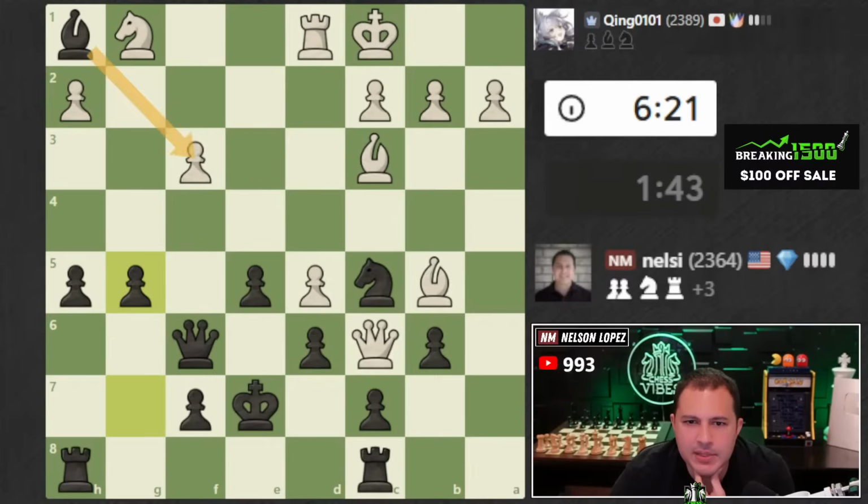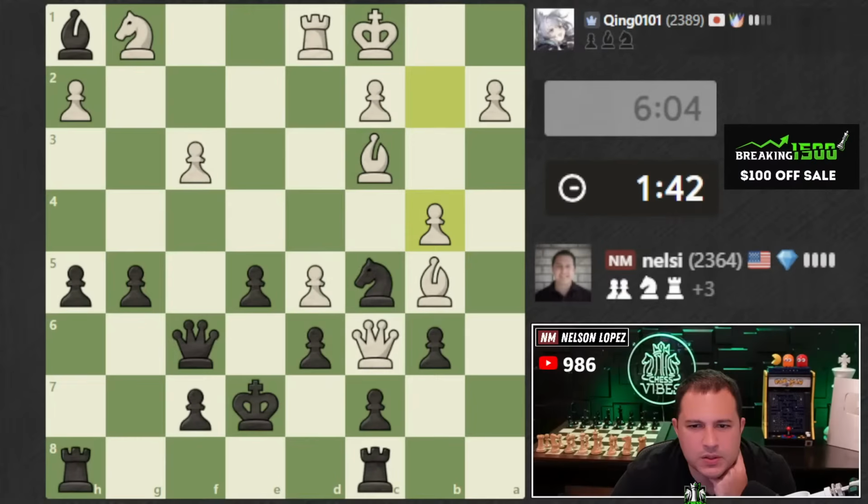My idea is I'm going to take the pawn, and if he pins me, I have a defender now for my bishop. That's my idea. That's why I went g5. I just want to take it. If he takes, I take. If he goes there, I have g4. So, okay, what's going to happen? This is interesting because... Oh...